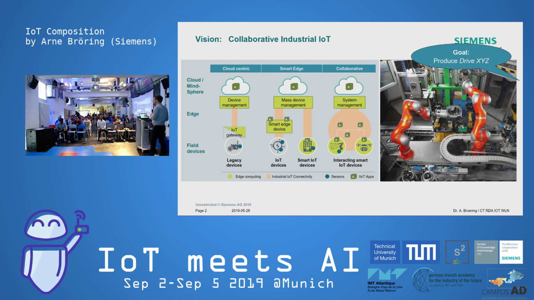Chris already indicated that in this collaborative IoT, we don't want to specifically engineer the production process anymore, by doing a lot of engineering on how the robots, as IoT things, have to collaborate to produce a certain product, for example, in this case, a drive. Instead, we equip them with knowledge about their own capabilities and with reasoning capacities so that they can autonomously find efficient ways based on a defined specification of what we want to have